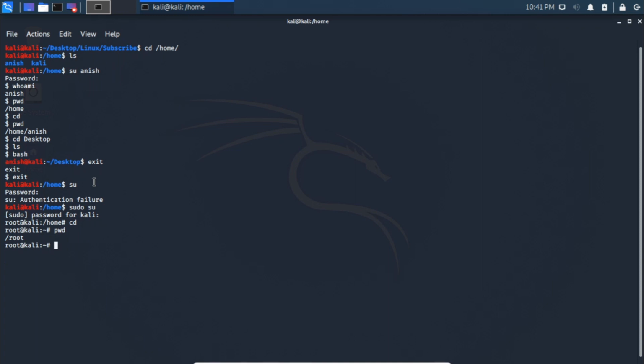And if I type pwd, you notice that it is inside /root and not inside /home, because the file system of the root user is not accessible to any other user who doesn't have the root privilege or sudo permission. So if I just exit from here